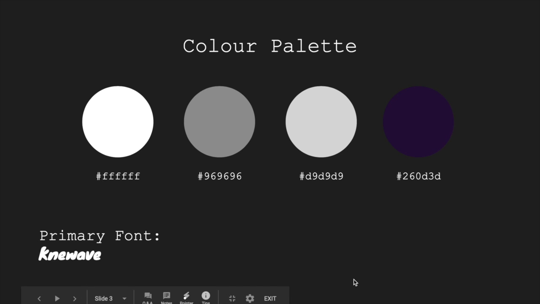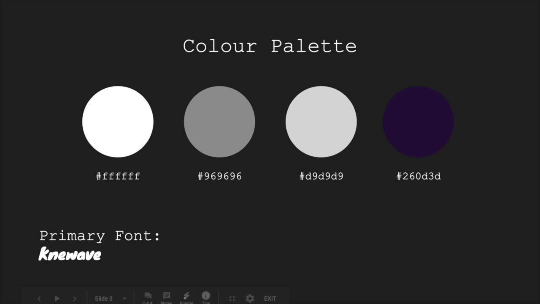So this slide, as you can see, is the color palette that we decided to use throughout both our website as well as our brand overall. And really what inspired our color palette was the color purple. This is the specific one that we use throughout all of our advertising. The reason we chose purple as one of our main colors is it adds this sense of nostalgia as well as contrasting colors overall.